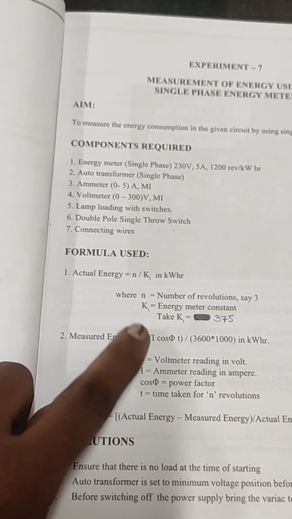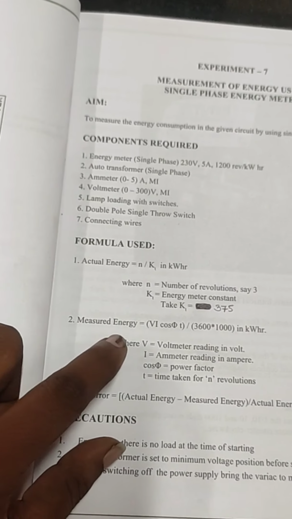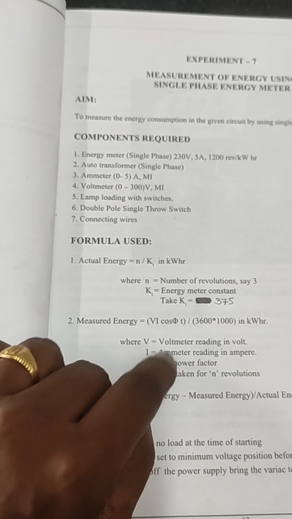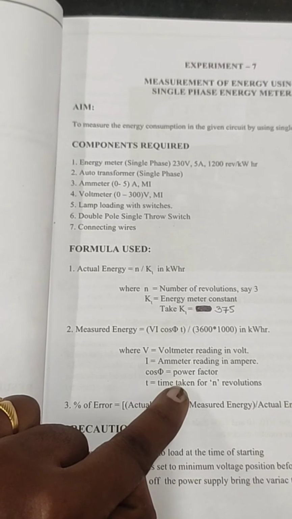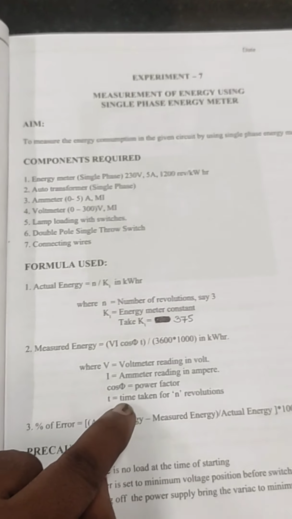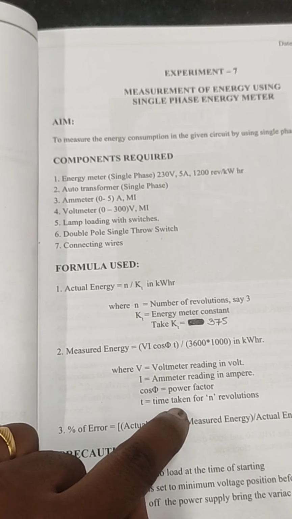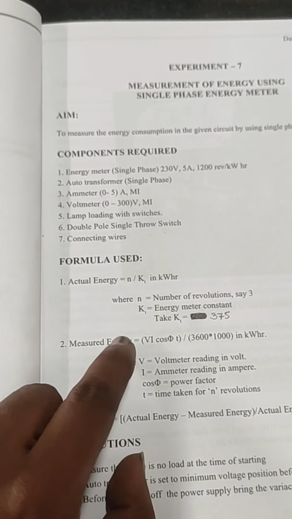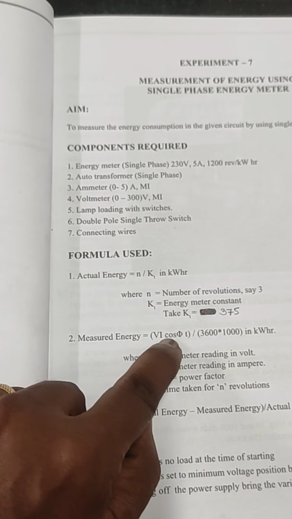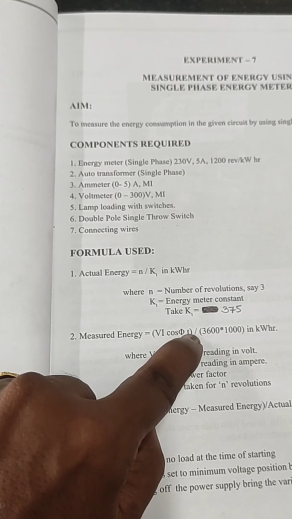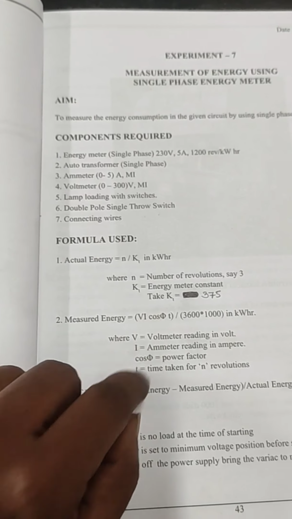V and I can be taken from the voltmeter and ammeter values. Cos phi is another name for the power factor value, and we are using 0.8 as a constant power factor value, where T is the time taken. So when the time is included, this is the energy value. VI cos phi is generally a power value. Here we introduce a time period so that the power is termed as energy consumption.